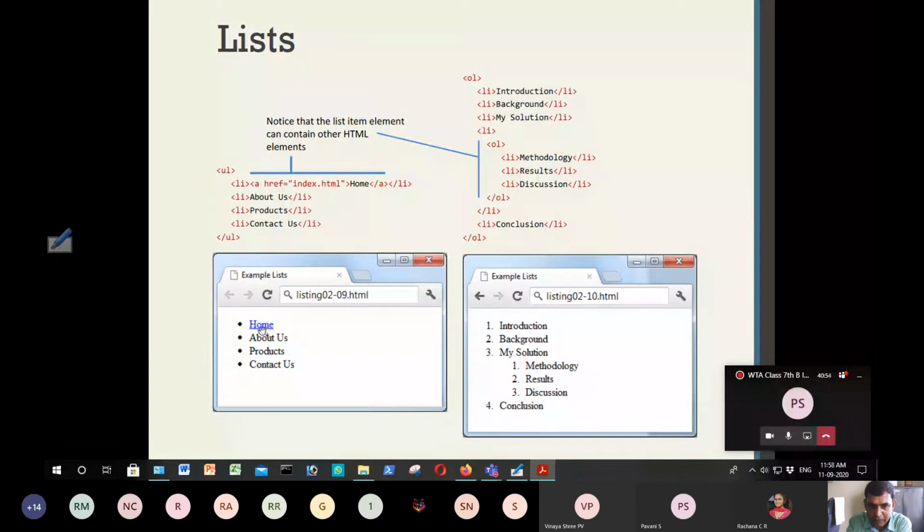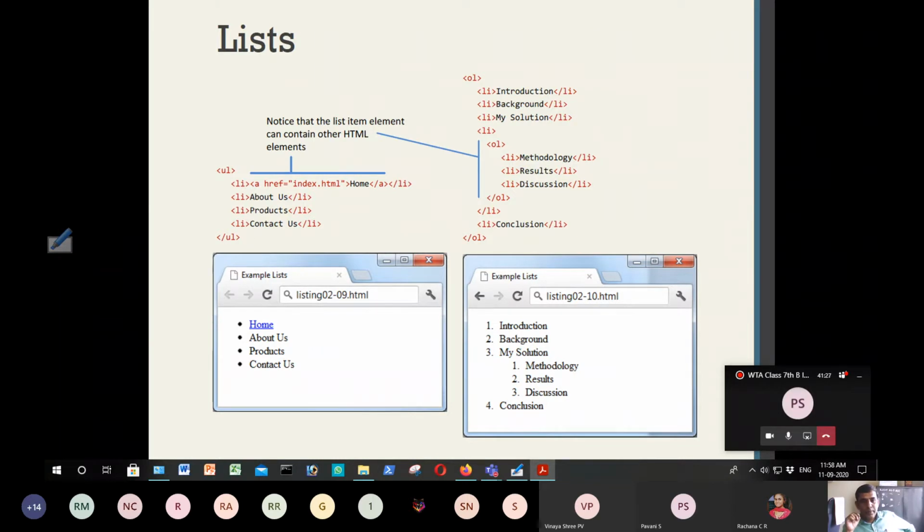And note that the first item will also have a hyperlink to it. That is the reason within LI there is an anchor tag. The anchor tag uses the href attribute which gives you index.html. And within that the name is given as home, and close the anchor tag. So that means when you click on this home, it will go to index.html. So the first item is home, the second item is about us, the third is products and then contacts. Since there are 4 items, 4 LI tags are used, which is list item.